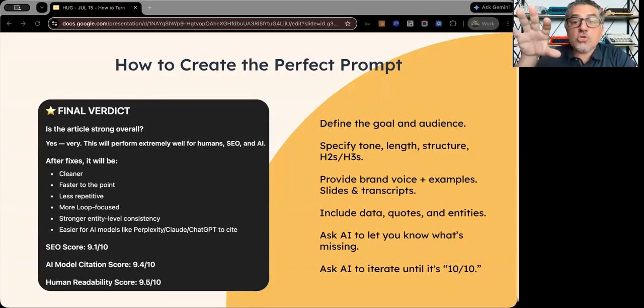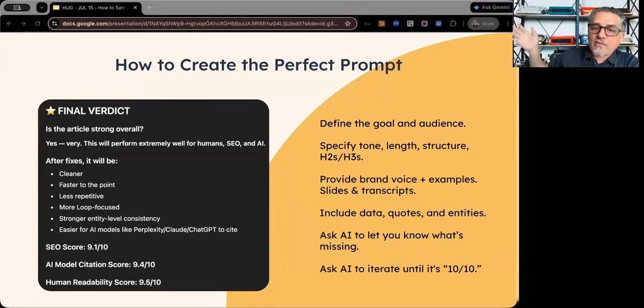The easiest way to get to the next level of that piece of content is to take the final product or almost final product and either use a different clean instance of ChatGPT to say, hey, what do you think about this piece of content? I'm trying to write it for this and this and that. Give me feedback. It kind of restarts the tokens in the conversation. That's because of limitations in AI that are too technical to talk about today. Or you put it on Claude. I do that all the time. I put AIs against each other to say, hey, I created this with ChatGPT. What do you think? Tell me more. And you'll get better content over time.